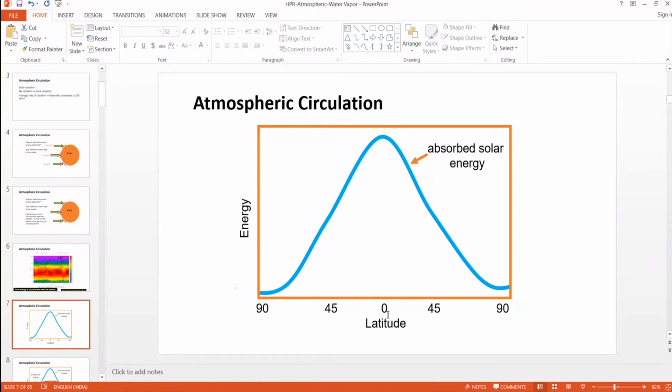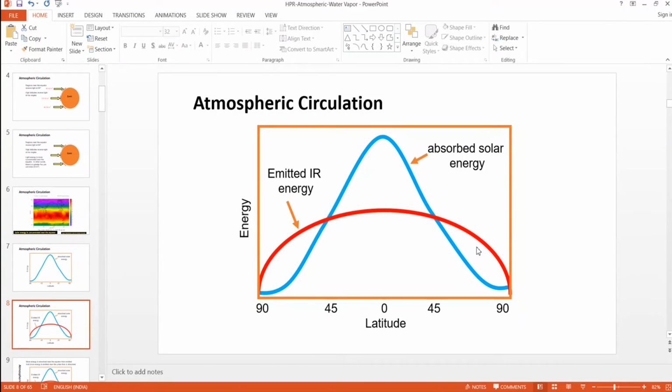You see that the equator has 0 latitude, so at the equator the maximum solar energy is observed. That is, as I said, 270 watt per meter square, whereas at the poles the least solar energy is observed, and in between the equator and poles it is lesser and lesser. As we move from the equator to the poles, there is a decrease in observable solar energy, and this is the emitted solar energy back to space.